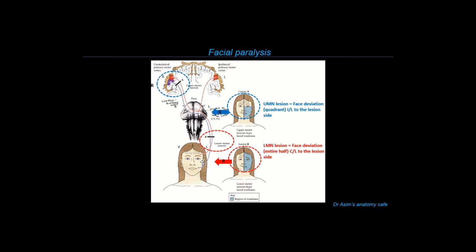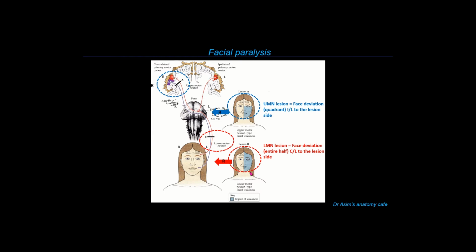So therefore, in this case, the healthy side would then deviate towards the right side, which means the deviation of the face would be towards the side of the lesion. To summarize, when you see a patient who has paralysis of the entire half of the face, then that suggests that there's a lower motor neuron lesion of the facial nerve or the nucleus on the same side as that